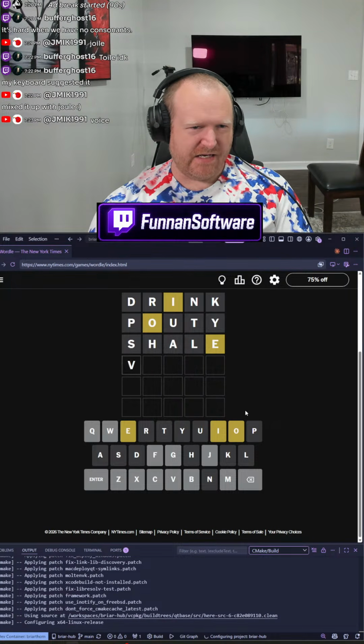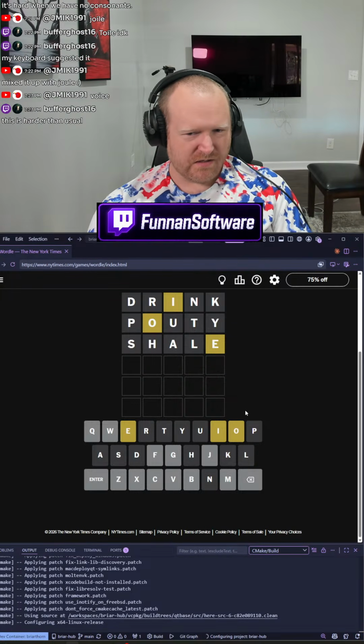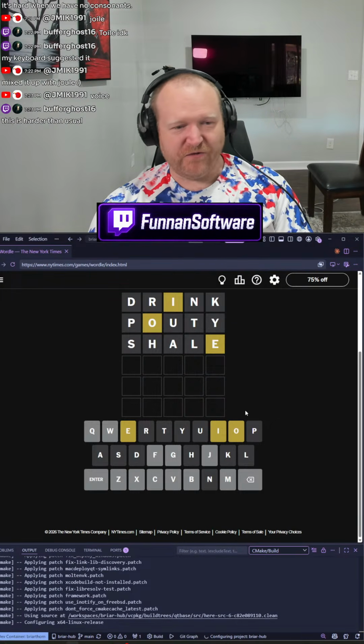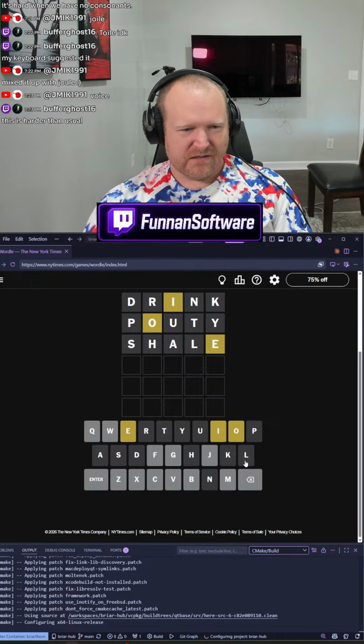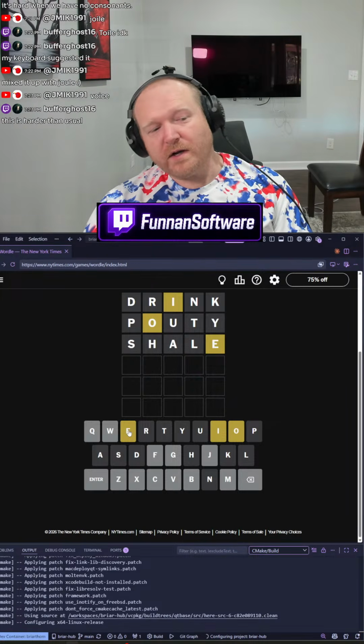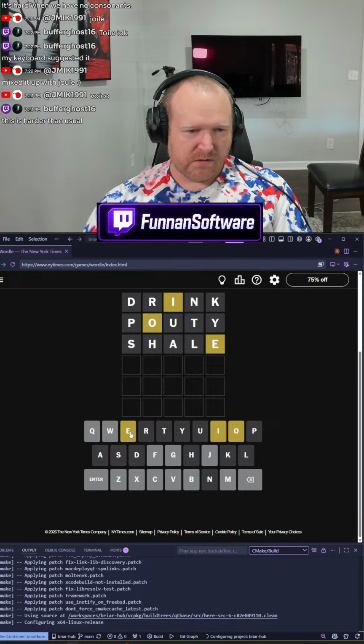Oh no, that doesn't work. That was a good guess though. Very good guess. This feels harder, especially because N is gone, L is gone. Now, one of the things I've learned is usually if this ends up difficult like this, it's very possible that one or two of these letters is going to be repeated.